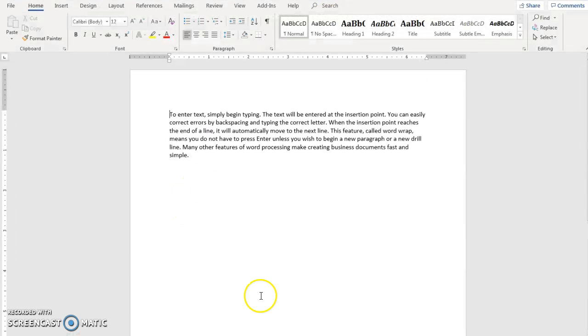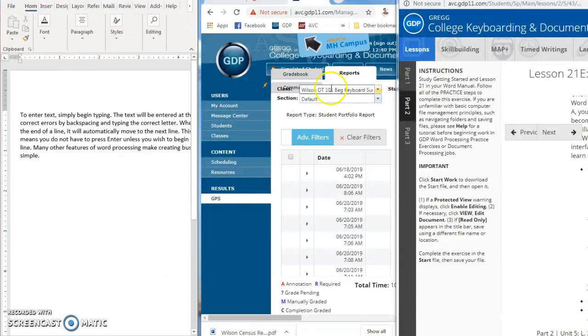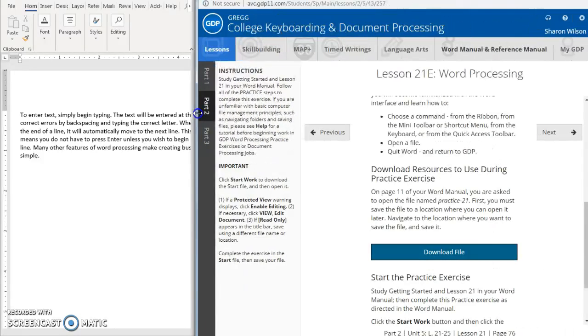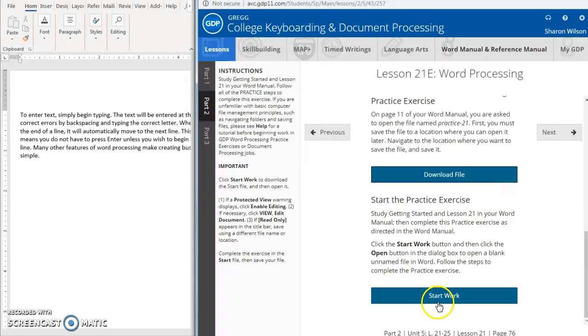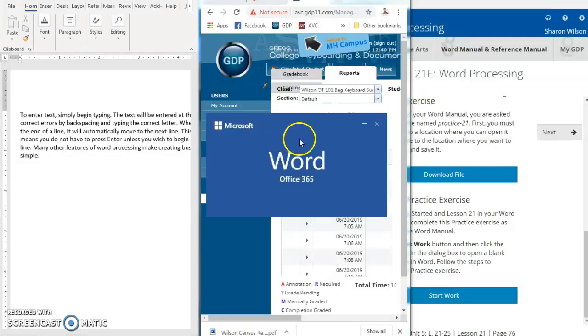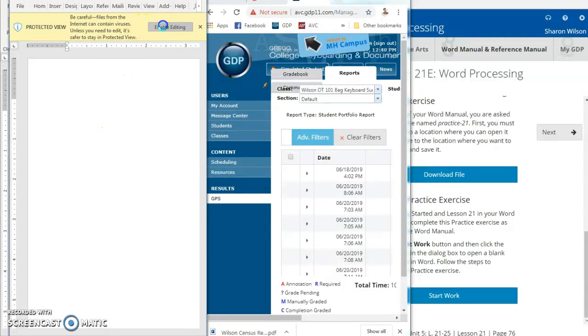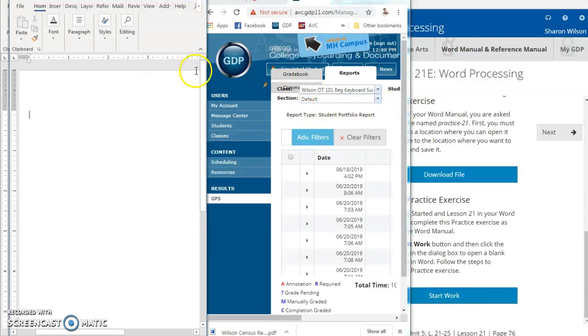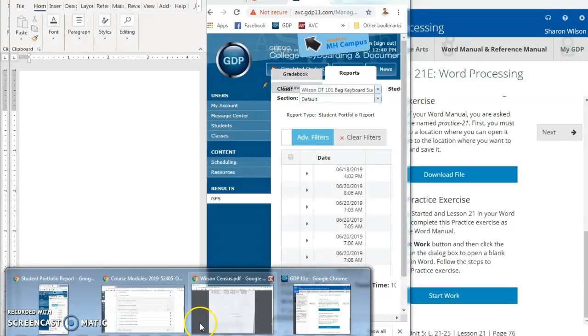What it is next going to tell you to do, like over here, it'll give you stuff like start work. Okay, just to give you an example. That's just to show you how to start your work. What it's next going to tell you in the Word manual is to,